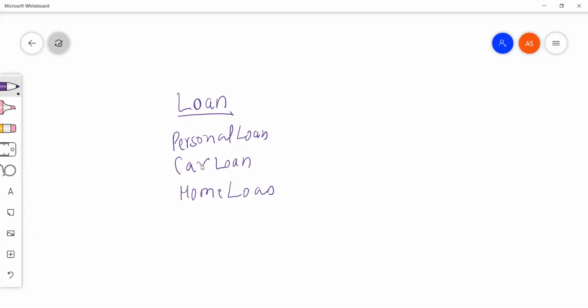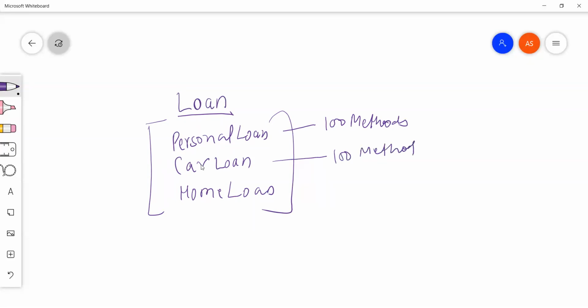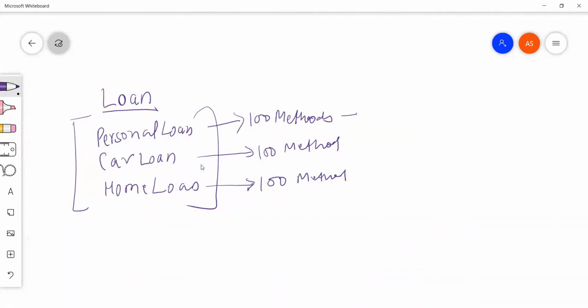Now to build this system, let's say we need to write 100 methods. For car loan, we again need to write 100 methods. For this, we need to write again 100 methods. Now let's assume 50 methods are common, like the documentation.